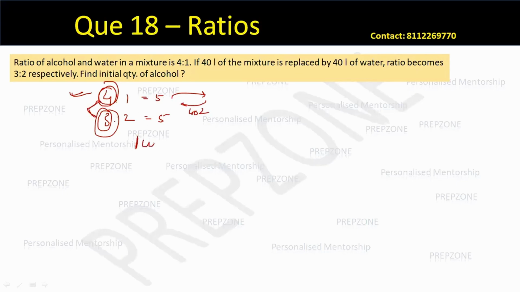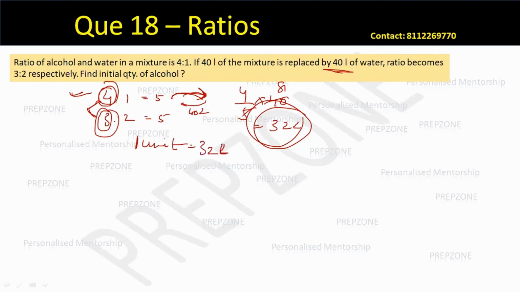So this drop of 1 unit has been done because 40 liters of the mixture has gone out, right? If 40 liters of the mixture has gone out, how much alcohol was in it? Alcohol is 80%, 4 by 5, so 4 by 5 of 40 liters, which means 32 liters of alcohol has gone out, and only 40 liters came in, which means alcohol has not been added. So this drop of 1 unit should be equal to the 32 liters which has been moved out of the